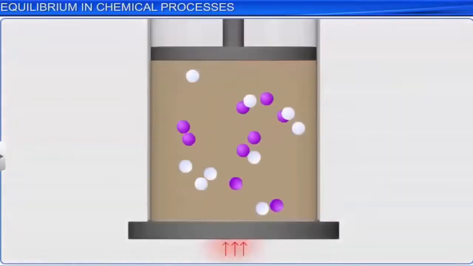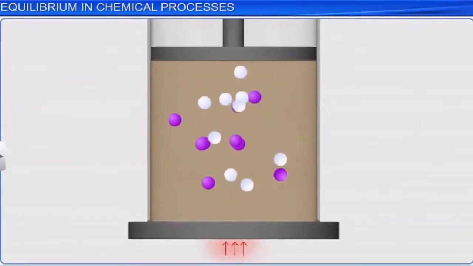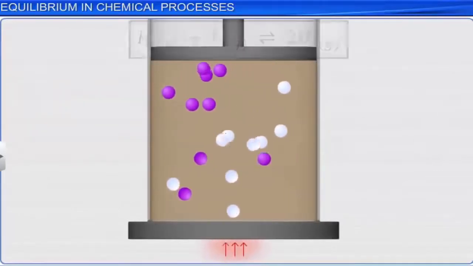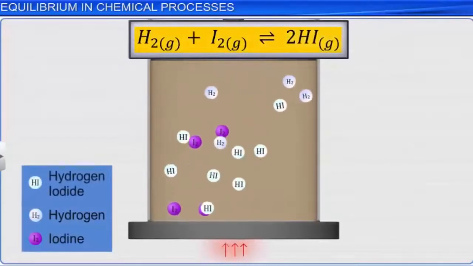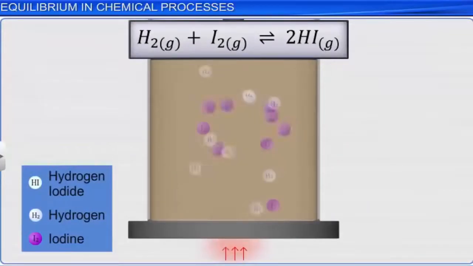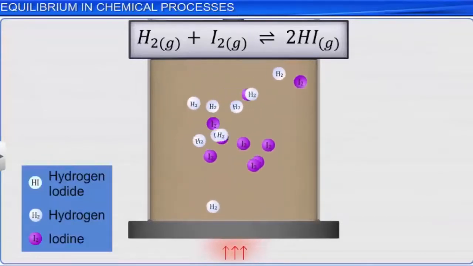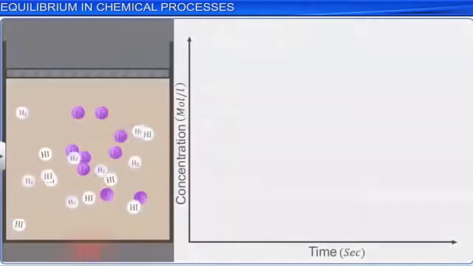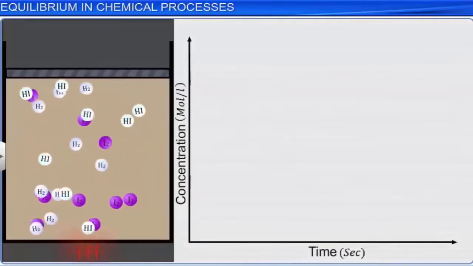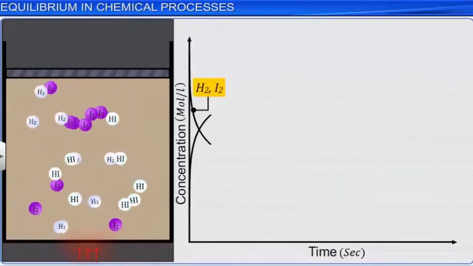The dynamic nature of chemical equilibrium can be understood by studying a gas phase chemical reaction. For example, when hydrogen and iodine are heated in a closed vessel, they react to form hydrogen iodide. When a mixture of equal initial concentrations of hydrogen and iodine are taken in a flask, maintained at 717 Kelvin, the intensity of the purple color decreases after some time. This is because, as the reaction proceeds, the concentrations of hydrogen and iodine decrease as they are consumed,